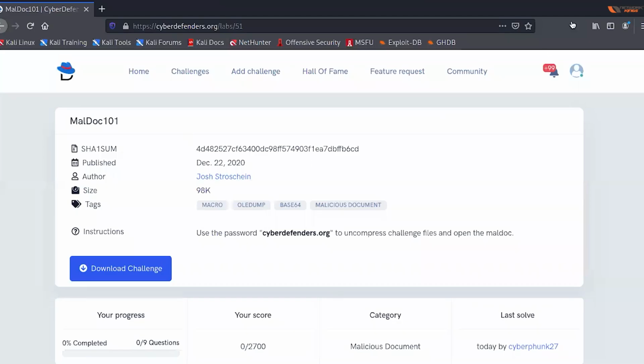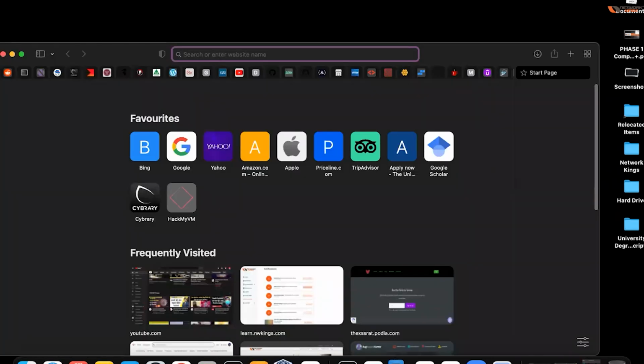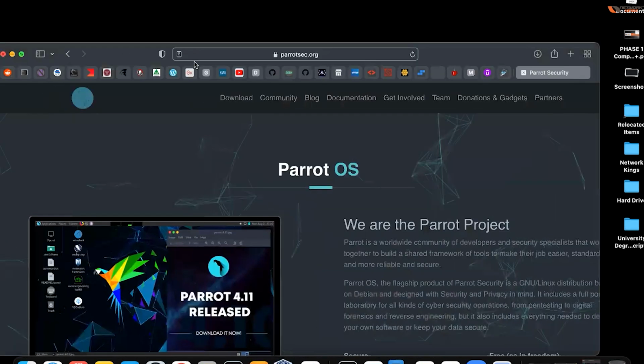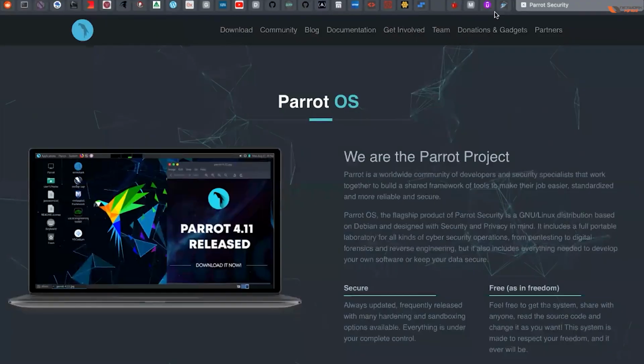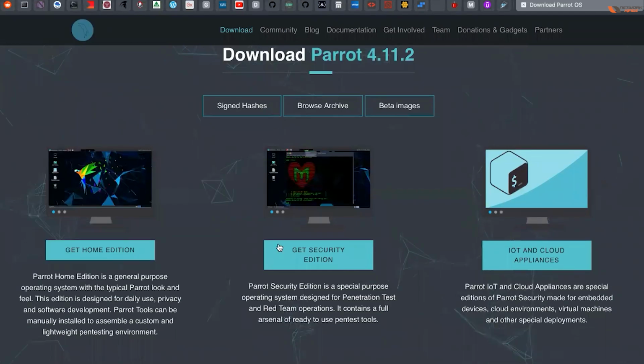Then obviously I don't have the other distributions already there on my computer, but let me just show you. अब जैसे हमारे पास एक और operating system आता है, which is Parrot Sec. सुना होगा या नहीं? Have you guys heard of Parrot Sec or no? Parrot Security. Okay. So Parrot Security actually comes in two versions. Parrot Security आपके पास एक ऐसा operating system है which comes in two versions. So you go to download, and then here you have two editions. One is home edition. अब what is this home edition?